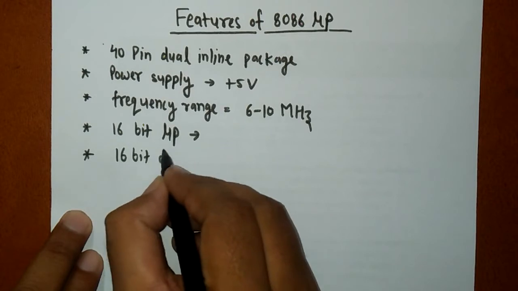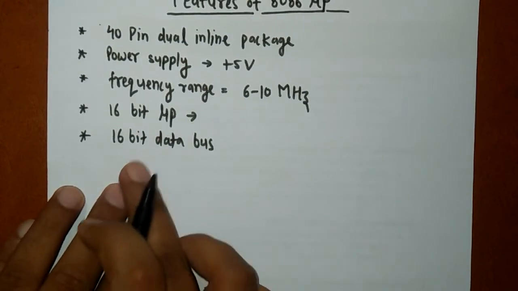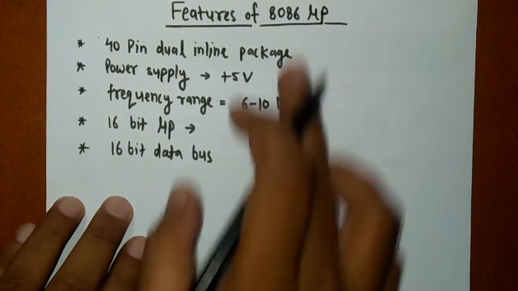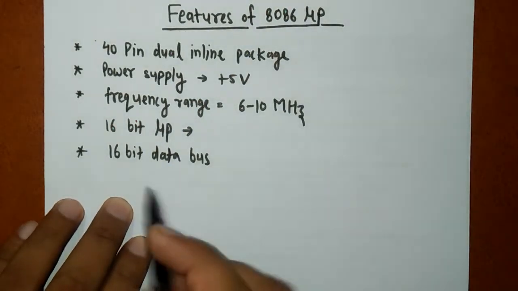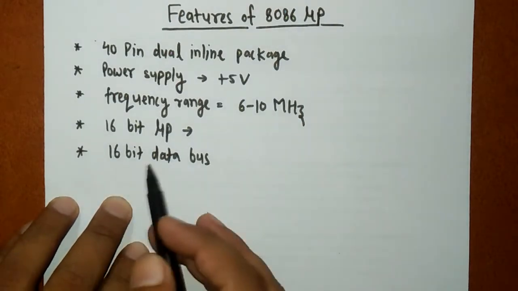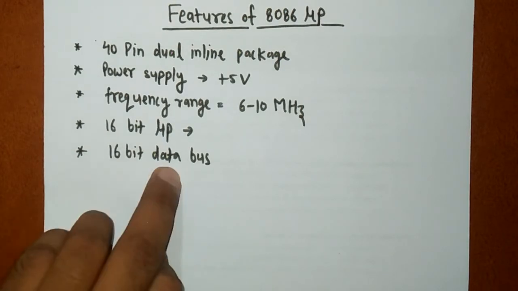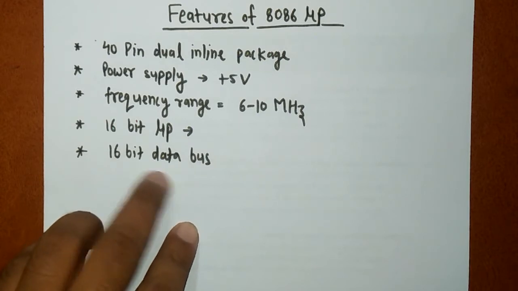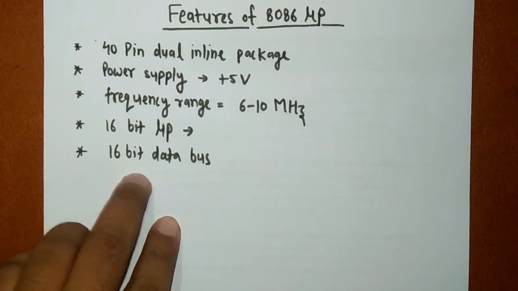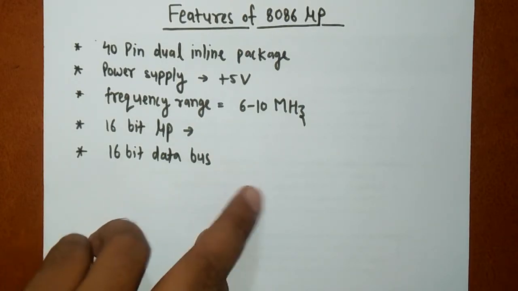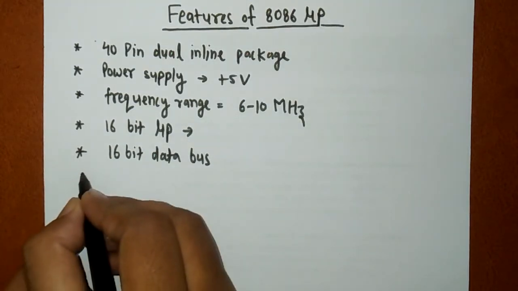So if at this point you compare this with 8085 microprocessor, then in that case 8085 microprocessor had 8-bit data bus, but here 8086 has 16-bit data bus. So it means that it is faster than 8085 microprocessor in terms of that it can access 16-bit data at a time. So we have 16-bit data bus, and if we want to access data of 8-bit, then we can also access 8-bit data at a time. So either we can access 8-bit data or 16-bit data, but maximum at a time only 16-bit data can be accessed using data bus.